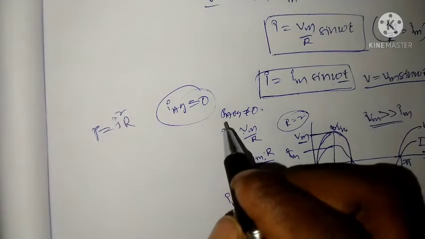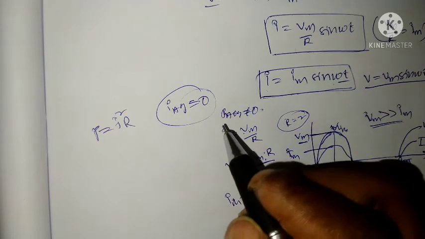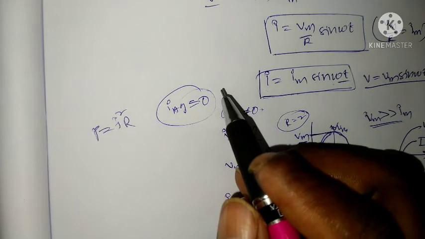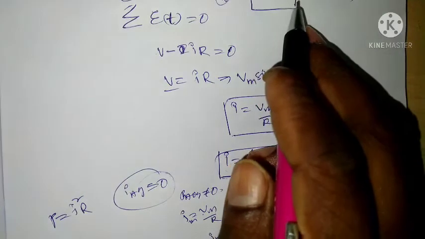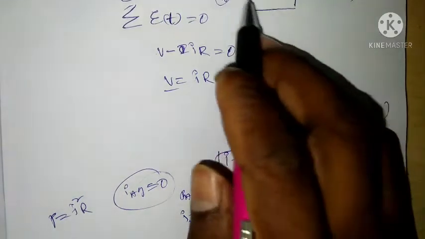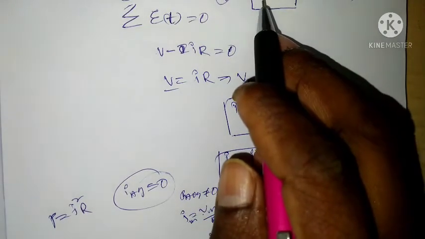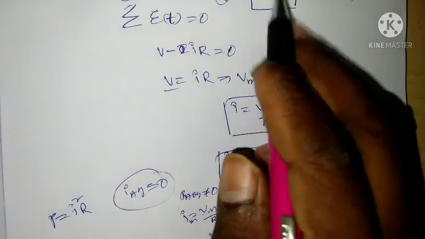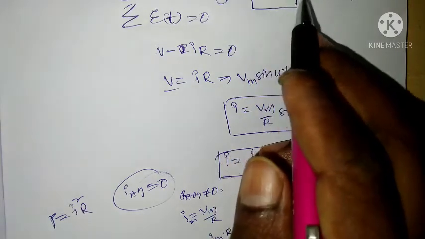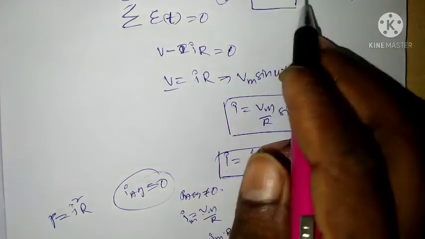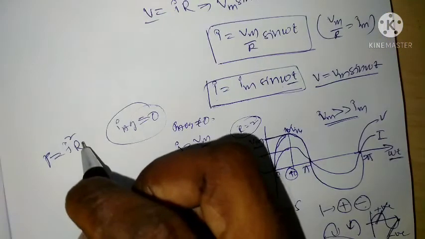According to the Joule heating formula, the power is dissipated as electrical energy when the AC voltage passes through the resistor. The current average is 0, but power is not 0. Current is passing through a resistor, or voltage is applied across the resistor, and instantaneous power is dissipated in the resistor.